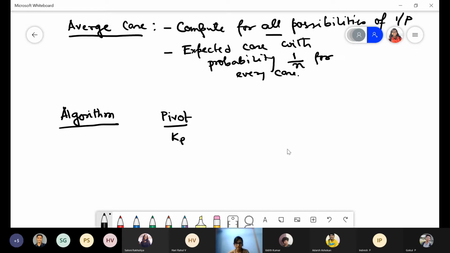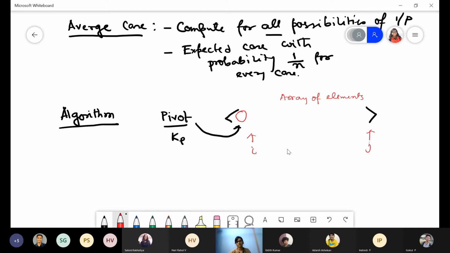Say this is my array. Classically we choose the pivot as the first element. Then what do we do? We have 2 pointers, right? This is my array of elements. I will take 2 pointers. If this is the pivot, then my first pointer, the left pointer, should start after the pivot. This is I, this is J.